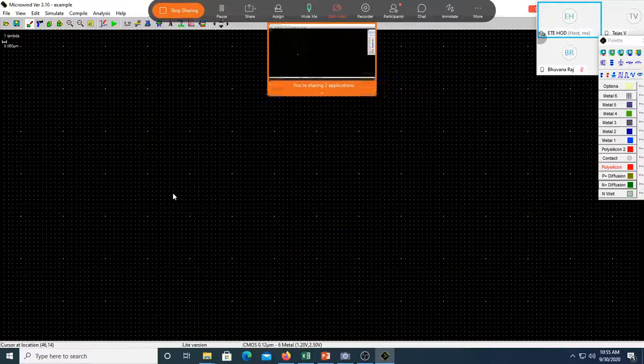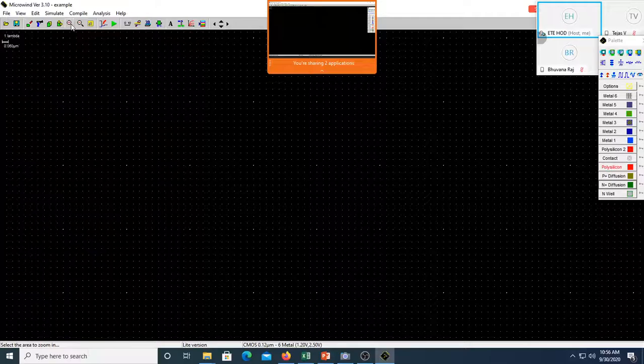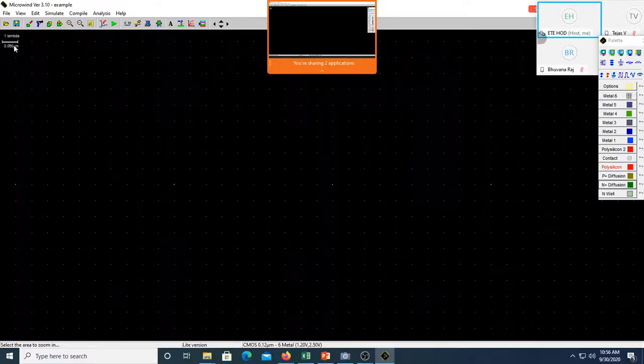Is this Microwind visible? Yes, sir. Now you can see, I'll go to the top right corner. Can you see there is 1 lambda written? 1 lambda is equal to 0.06 micrometer.